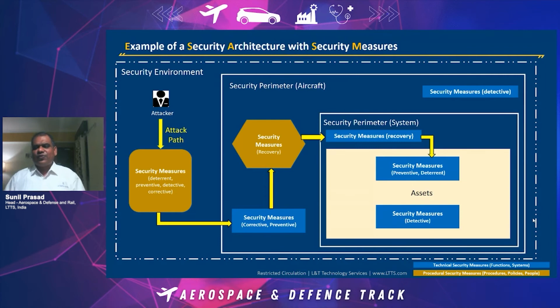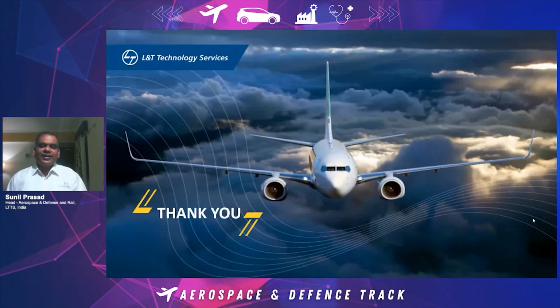The availability of the software. In the aerospace world, you always have fail-safe mechanisms, and this is another fail-safe mechanism that will trigger in. And beyond that, there will be corrective action and preventive action that includes documentation, upgrades, manuals, all of those. Incorporating a new firewall mechanism. And that's where you see at the bottom: there are technical measures in the system, but there are other measures that are required to be done as part of the procedural, policy, and people training aspect as well, right? So this ends this session.